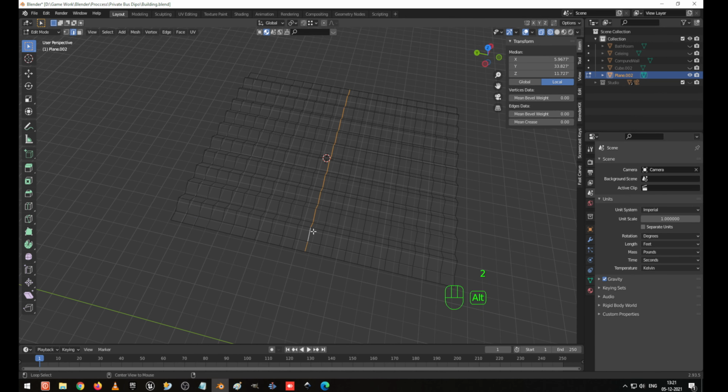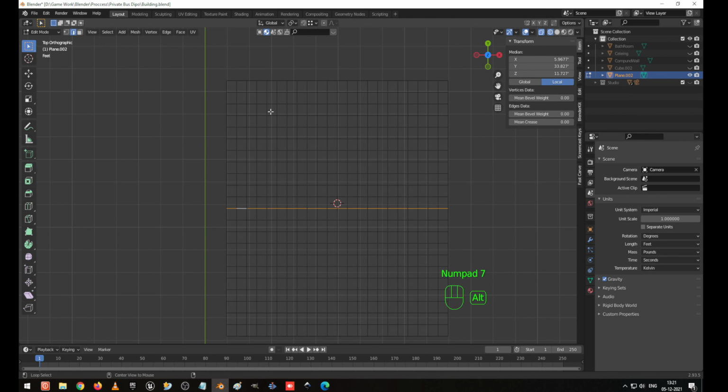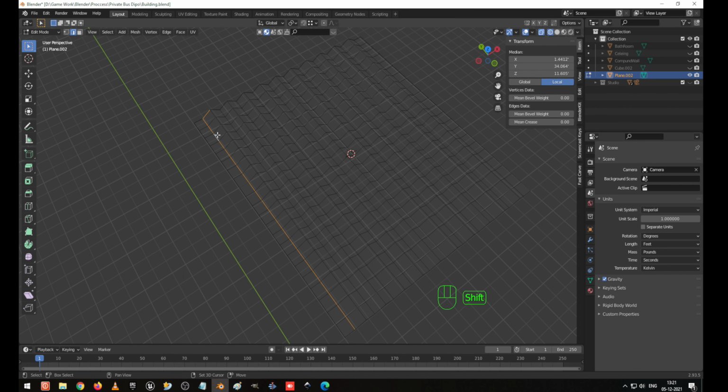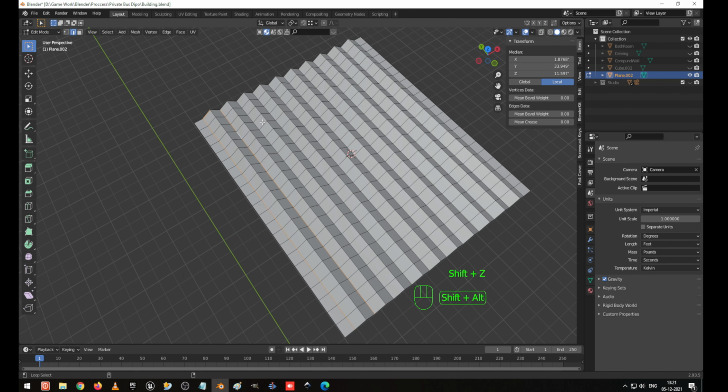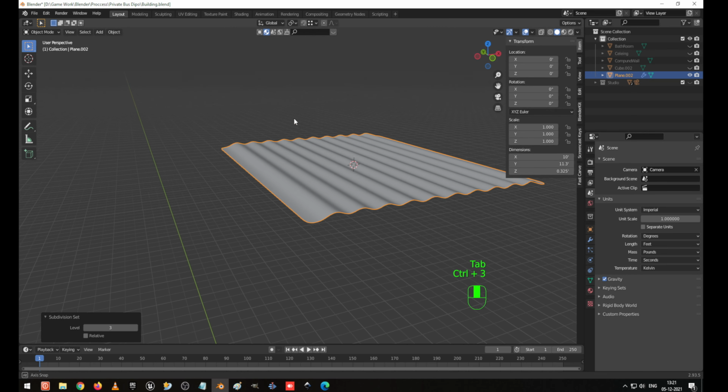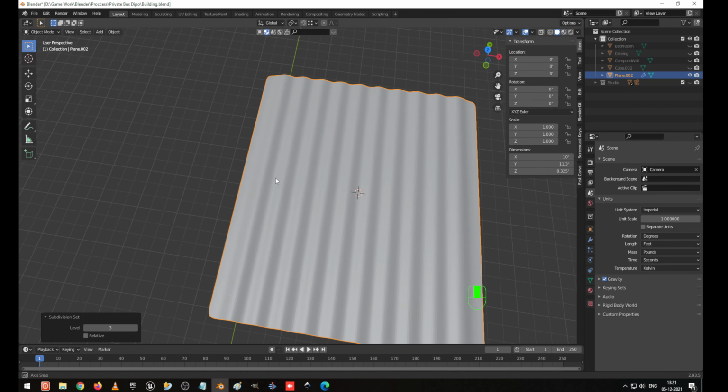So it's not selected correctly, so I do one thing, I go to the front view, top view. So it's not aligned perfectly, right? Shift Z, so this is better. So I make it, go to edit mode, I press Ctrl 3. Okay, this is fine, I hope so.